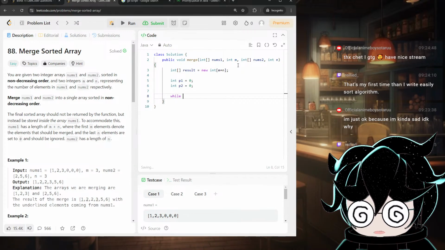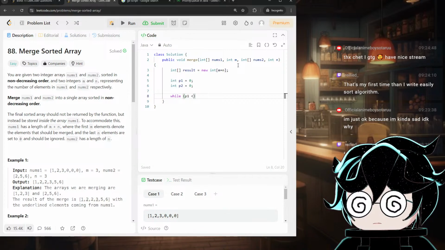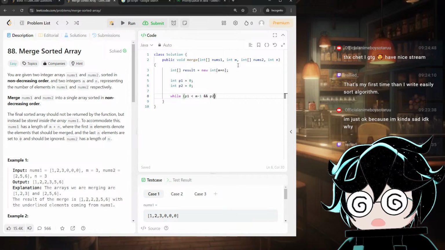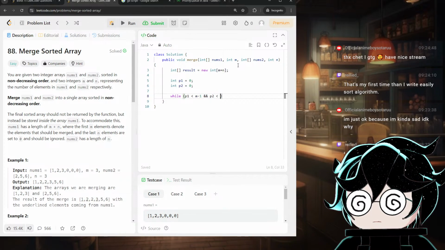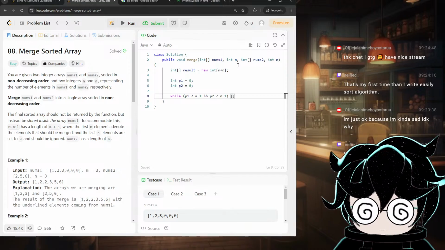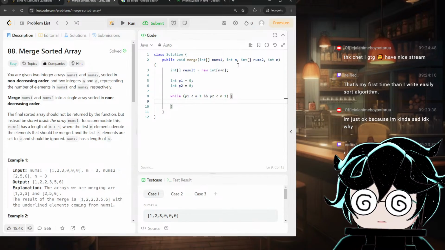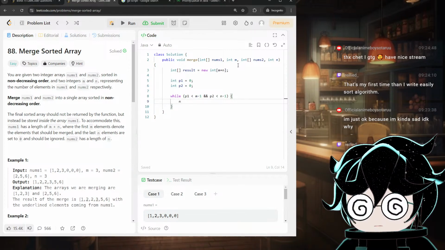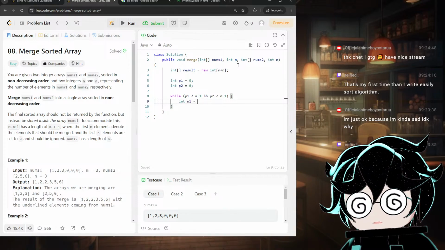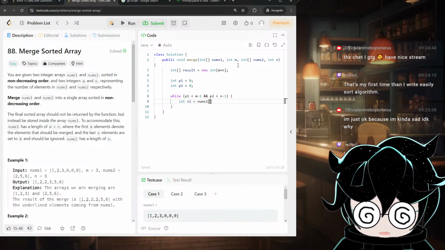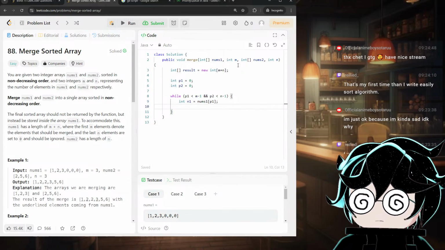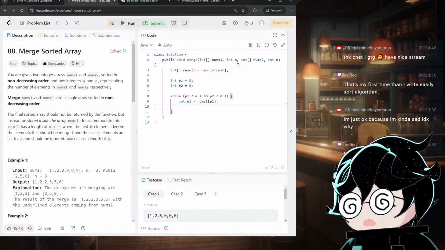And while both p1 is less than n minus 1, basically both are in bounds, p2 less than n minus 1. Let's do n1 to symbolize the current number. I'm so good at naming variables. Is equal to nums1 p1. So the smaller one should go into